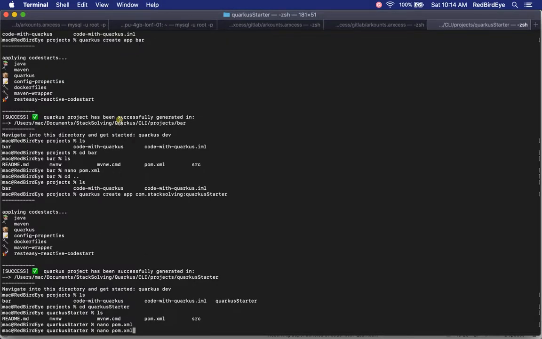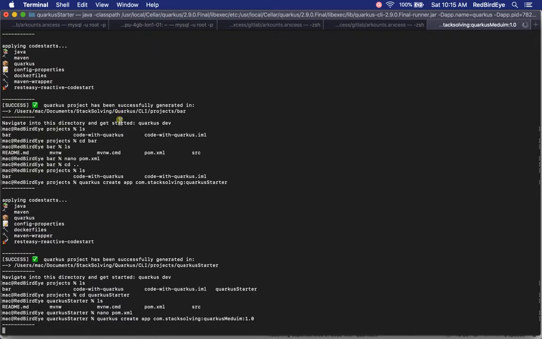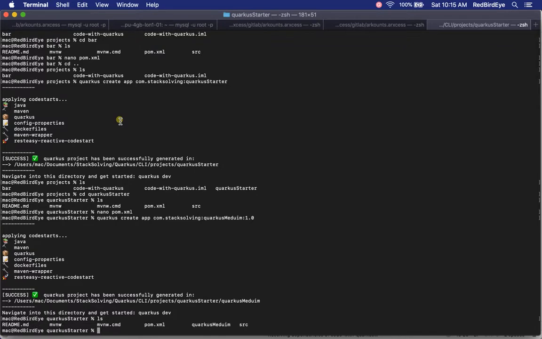So let me just pick up the same starter and maybe call this Quarkus medium. So let's say we have already graduated to medium Quarkus developers, and then we can now go ahead and provide the version here. So let's say we are developing version 1.0, and then hit enter. Project created, and when we take a look,